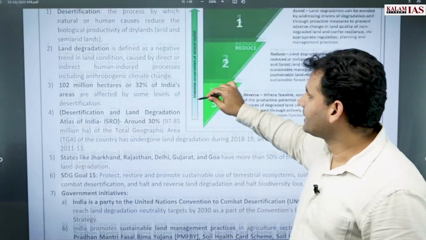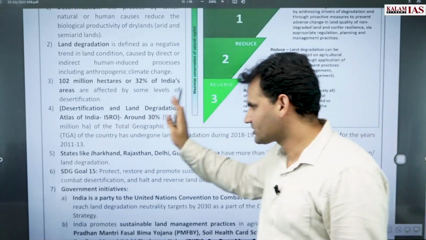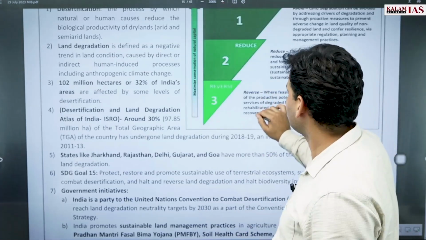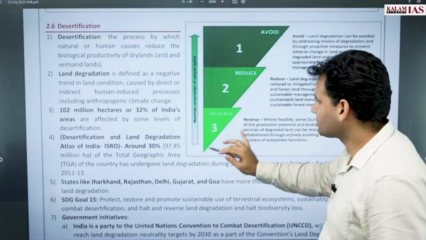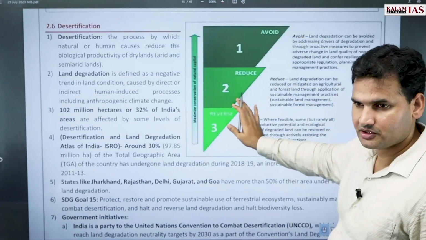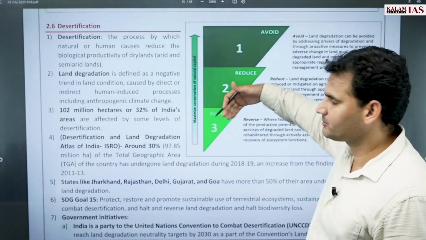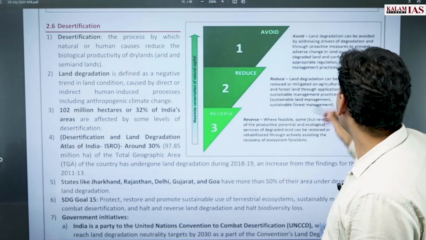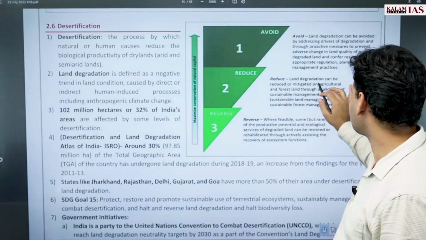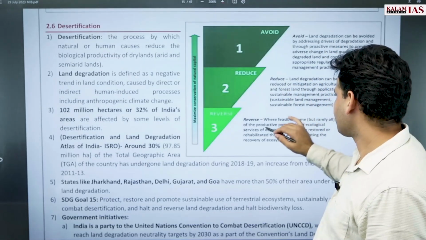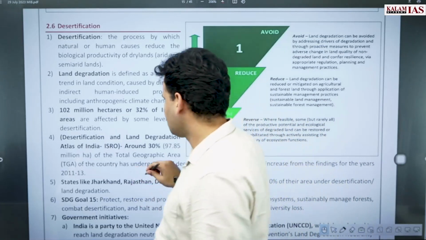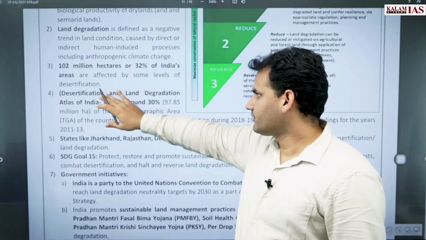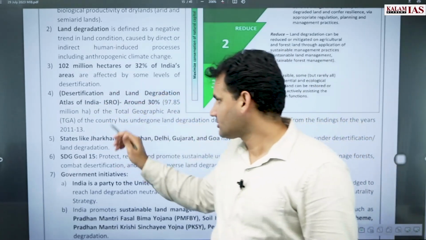Now, next in line is desertification. So, desertification सबको पता है, it's a big challenge. यहाँ पे अपने आंसर को कैसे आप अच्छा बना सकते हैं? Because this is all about marks improvement maximization. So avoid, reduce and reverse. Avoid land degradation, reduce land degradation and reverse it. For that we have desertification and land degradation atlas of ISRO,